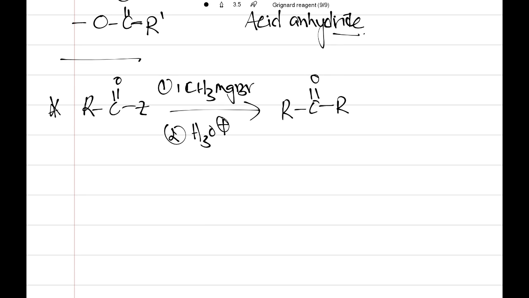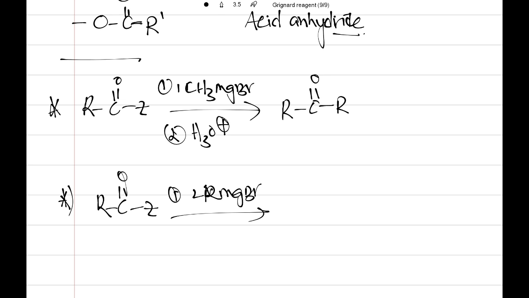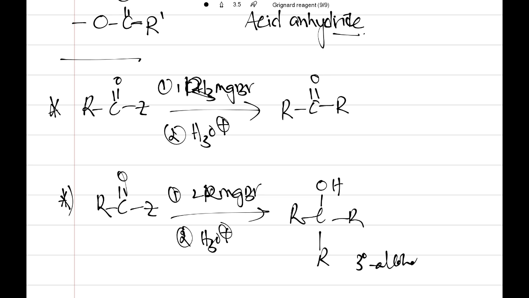Okay, the same thing, if this is reacting with 2 moles of Grignard reagent, simply I am writing RMgBr, and in the previous case also you can take R instead of CH3. After hydrolysis we get the tertiary alcohol formation taking place, R C OH, with R and R. So this is the tertiary alcohol, and the previous one is nothing but a ketone.